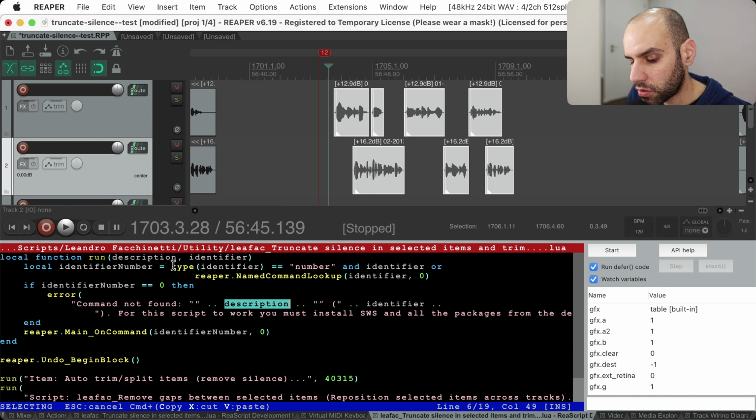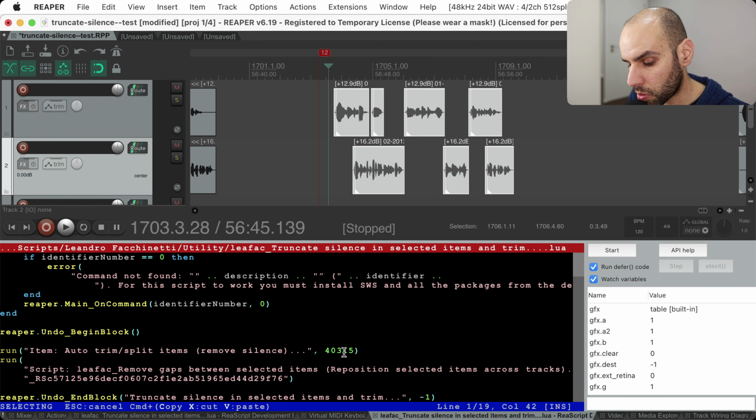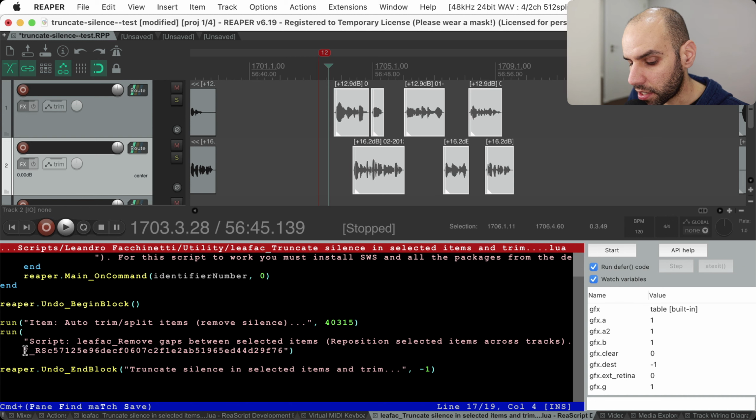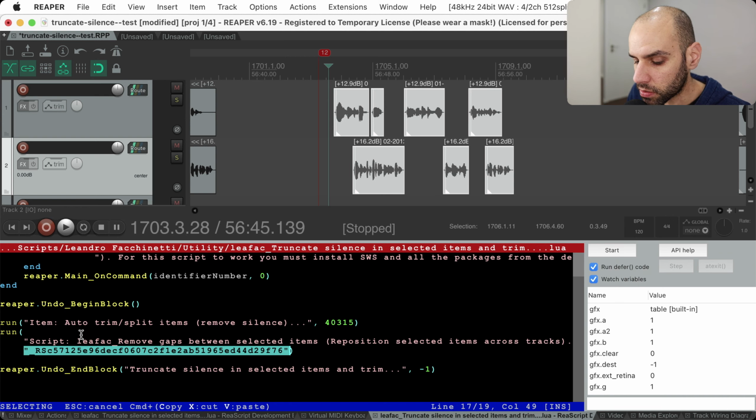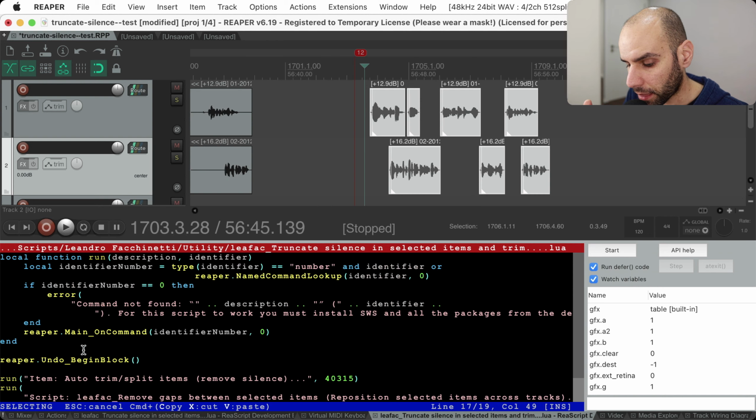And then I have to check what kind of identifier I have. If I am running an action that comes with Reaper, like this one, then this is a number. But if I'm running a third-party action like my own action, the remove gaps between selected items, reposition selected items across tracks, then that identifier is a long string. And that is what I check here. If the identifier is a number, then my identifier number is the number. But otherwise, I need to use this Reaper function to actually grab the number that